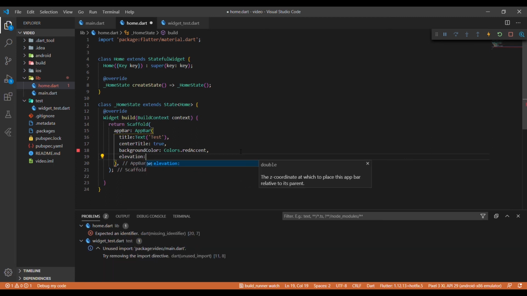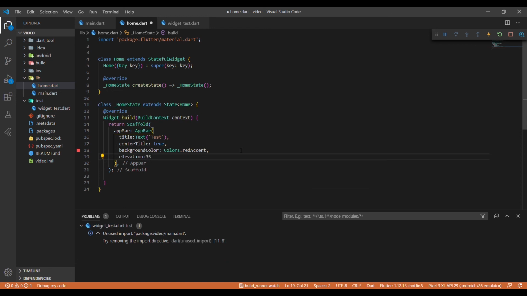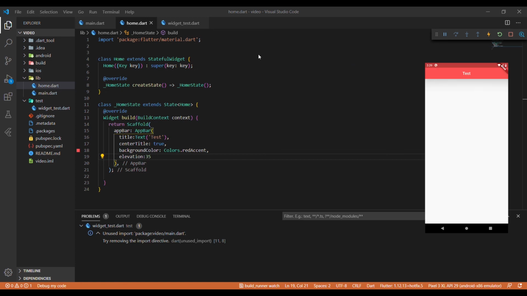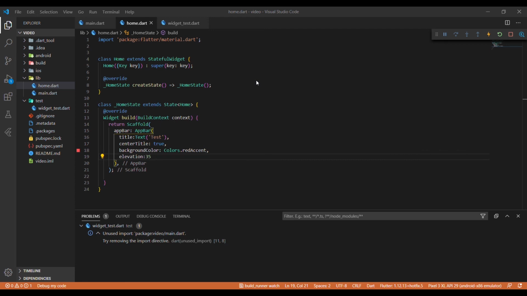The elevation takes an integer as the parameter. However much elevation you require, you give that much integer value into it. For the sake of showing it, I will be leaving it as maybe a 35. You don't normally use this much value in your real application. So you can see a small amount of blackness has been added beneath the app bar. It is not that visible because the background color of the whole application is currently white, but still you can see a little bit of it.